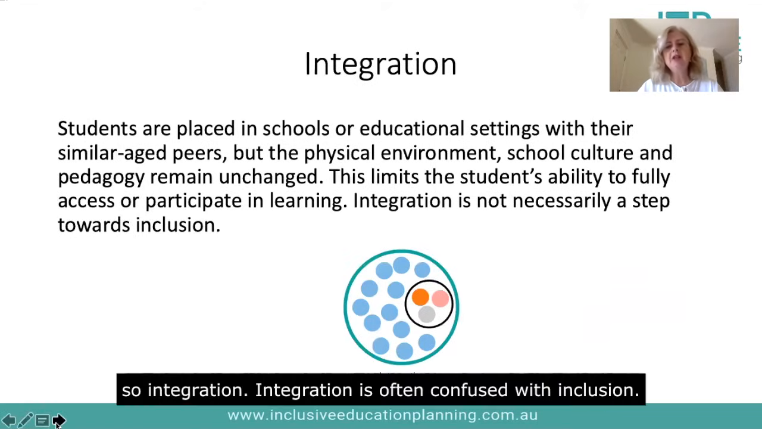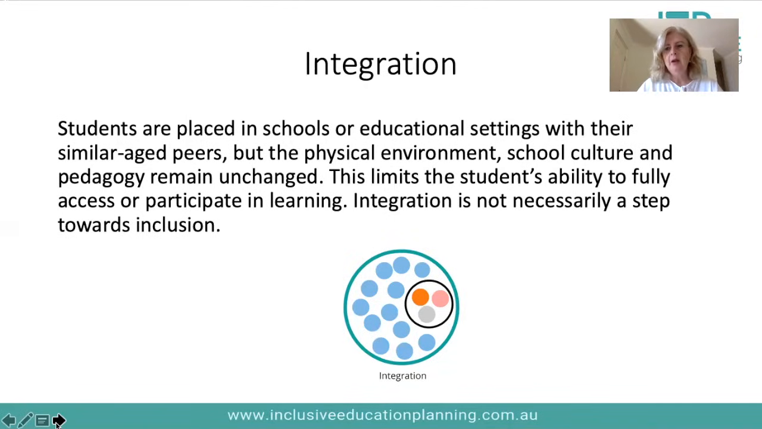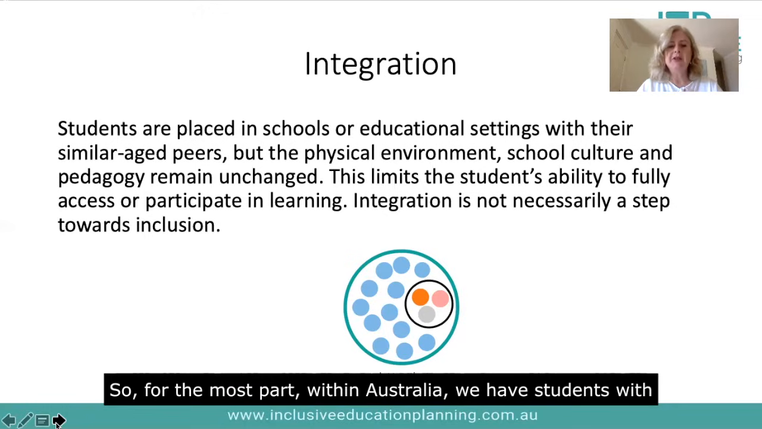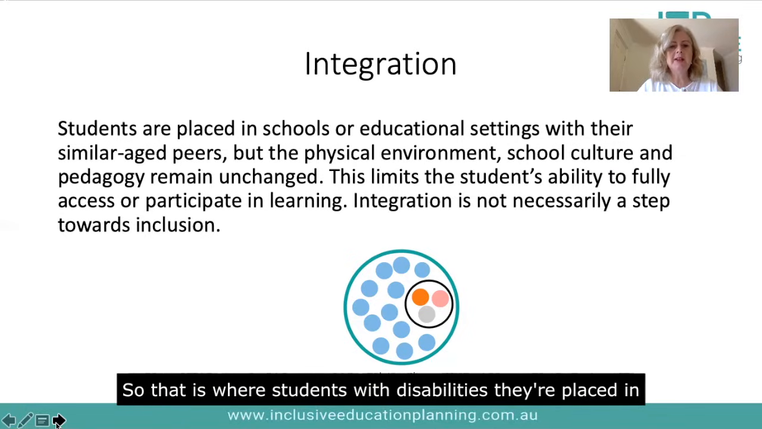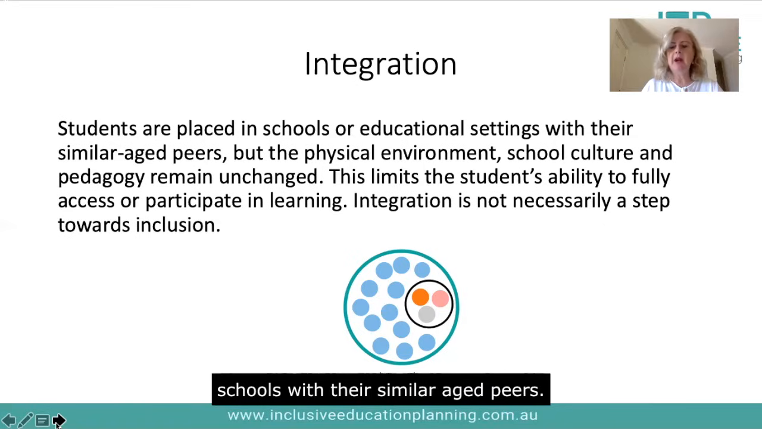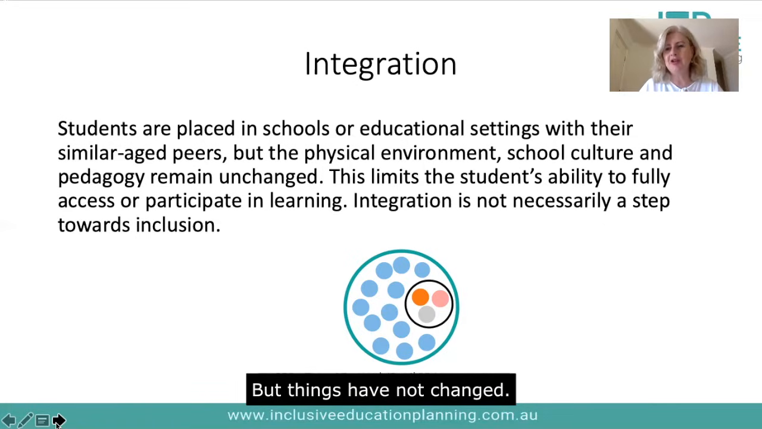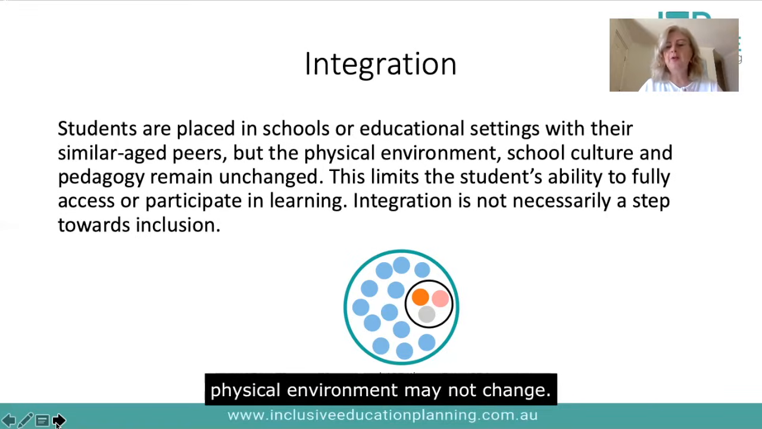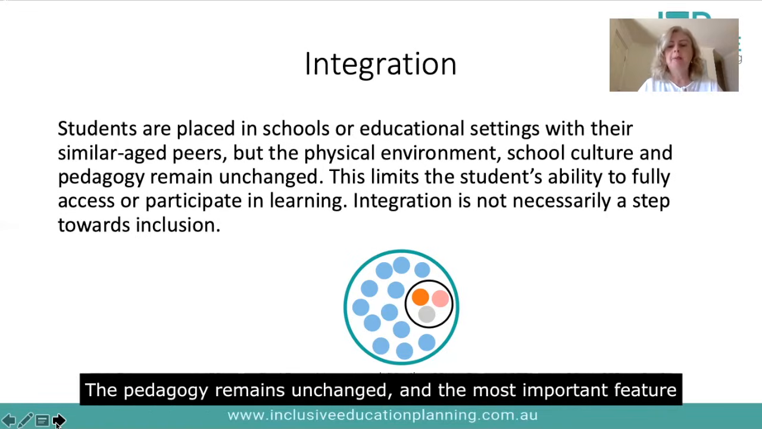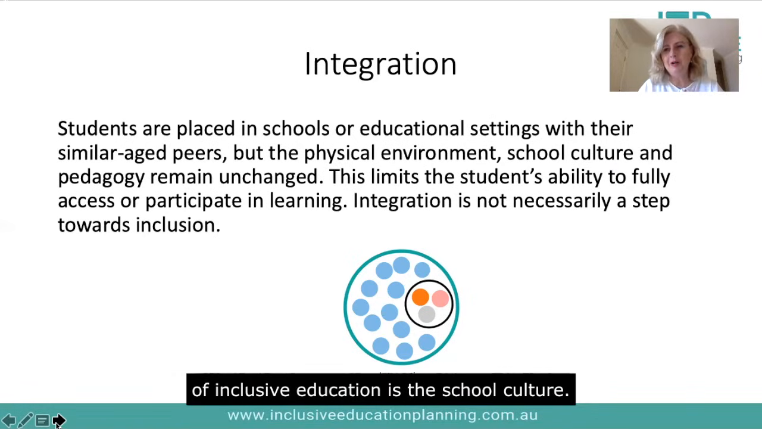Integration is often confused with inclusion. For the most part within Australia, we have students with disabilities who are integrated rather than included. That is where students with disabilities are placed in schools with their similar age peers, but things have not changed. There are no accommodations for them. The physical environment may not change, the pedagogy remains unchanged, and